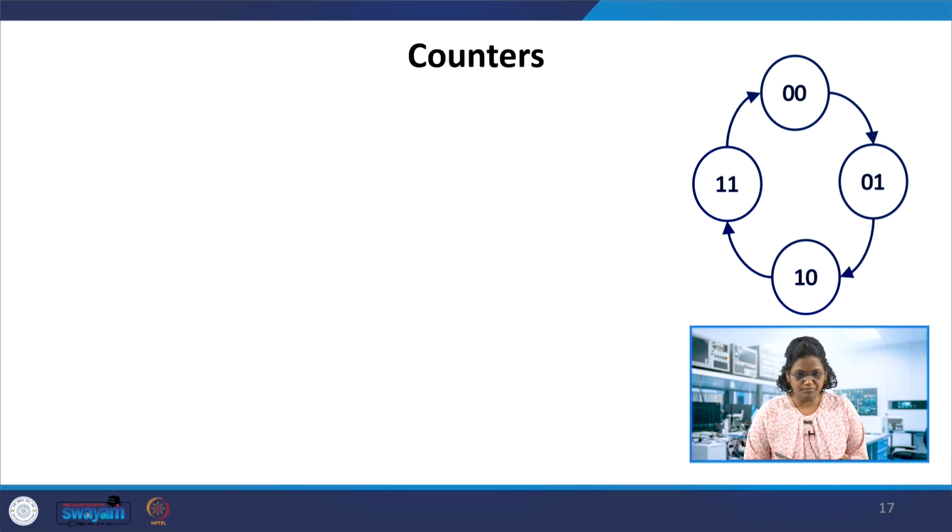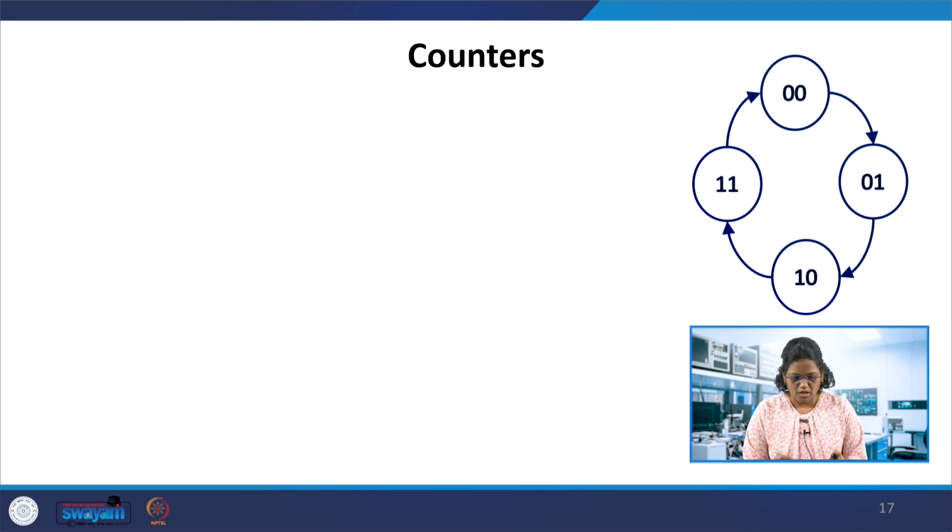Coming to the counter: in the previous lectures we converted the D flip-flop to a T flip-flop. Either D flip-flop, T flip-flop or JK can be used in synchronous counter designs. I have taken one simple counter example, and I'll give the procedure to design counters, and then we'll do counter examples by developing the Verilog module for them in the next few lectures.